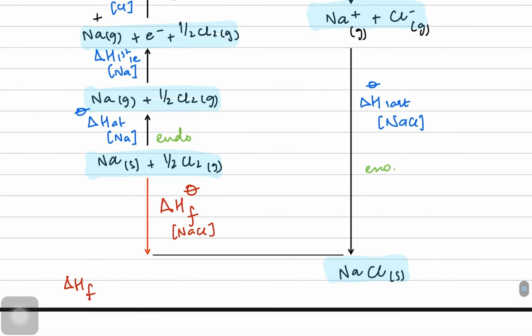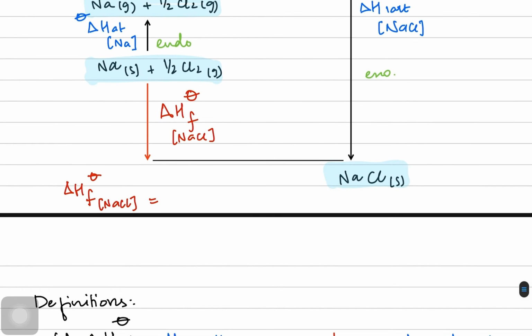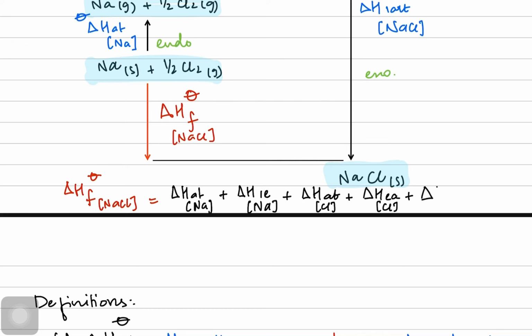It is the net change. And enthalpy of formation of sodium chloride is equal to the sum of all the other enthalpies, which includes atomization of your metal, like sodium, then ionization energy of your metal, which is sodium, then atomization of your non-metal, which is chlorine, then electron affinity of your non-metal, which is chlorine, and finally making the lattice,